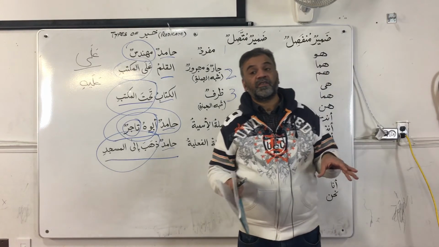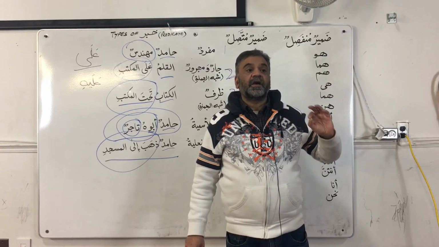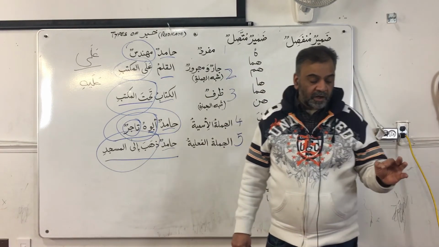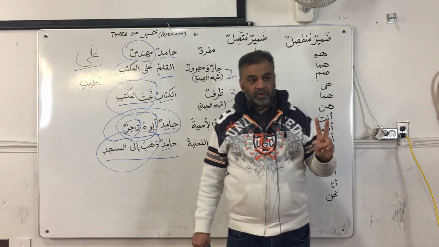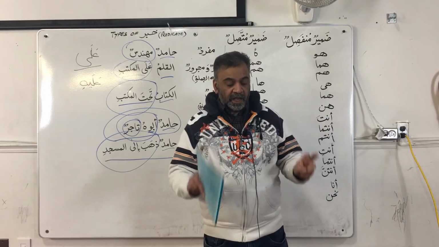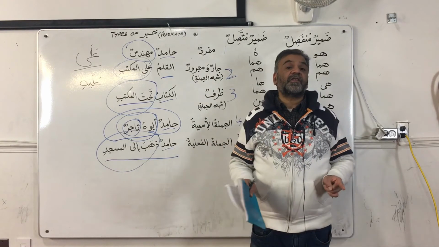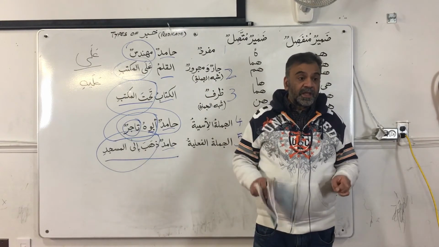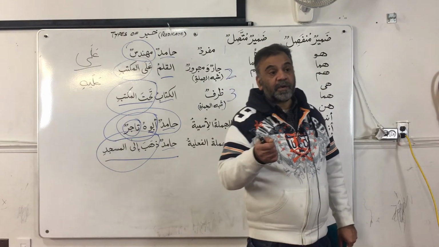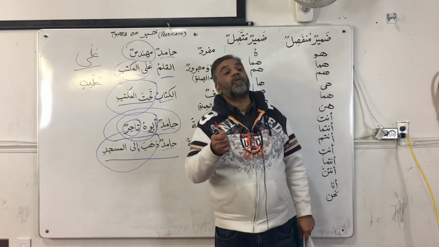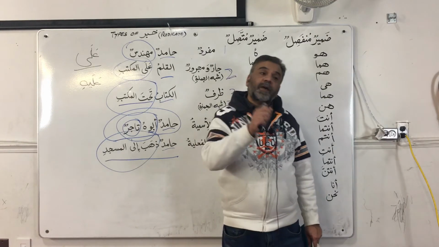Now, this is a concept that we covered in the last lecture. I will repeat it. Harf jar, ism majroor, jarun wa majroorun, number 1. Number 2, zarf and mudaf alayh can never be mubtada. But if they come in the beginning of the sentence, they will still be a khabar, but we call it khabar muqaddam. The predicate is coming before the mubtada. This is a style of Arabic language, and this comes in the Quran as well.